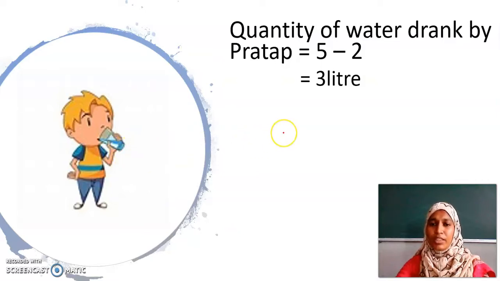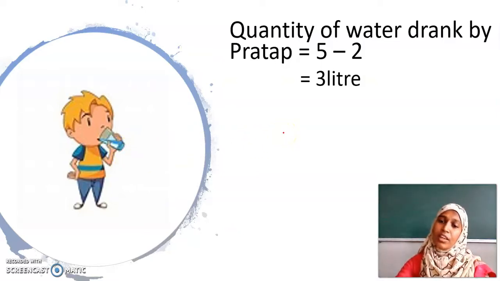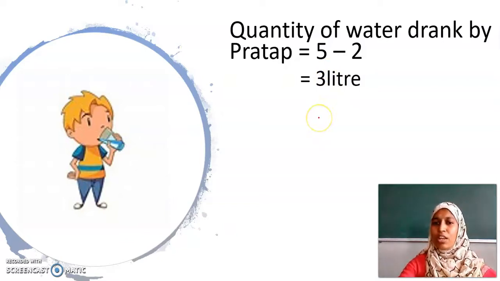No, my question is, what fraction? I have to mention this 3 liters of water in terms of a fraction with respect to that bottle, container. What fraction of water did Pratap drink? How to write this 3 liter out of 5 liter as a fraction? In this sentence itself you should have guessed your answer. What is the fraction now?